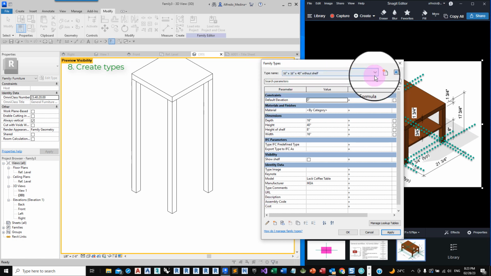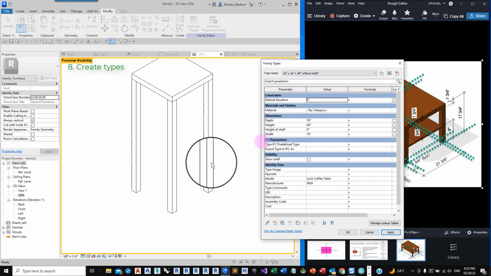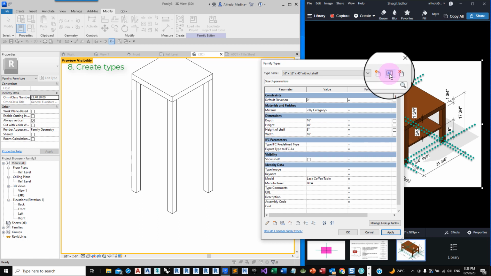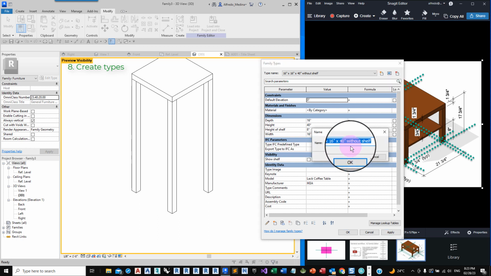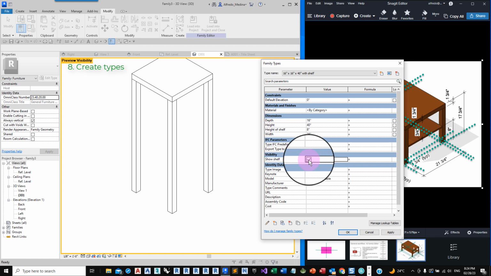If I decide to use a shelf, I need to be consistent and change the name to be with shelf, activate the shelf, and if I want to, I can change the height of the shelf.